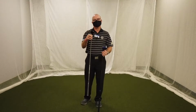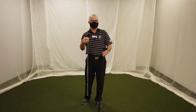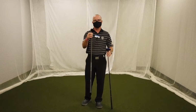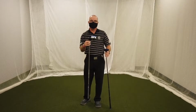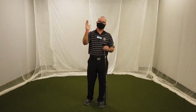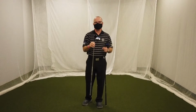It's also much more versatile in the sense that not only can you use it like you would your 3-iron off the tee or off the fairway when you have a good lie, but this is a club, because of the design characteristics, that would actually enable you to hit it even well out of a semi-decent lie in the rough, out of a fairway bunker. It gets the ball up in the air much quicker than an iron would do. And it actually lands much softer because it's coming in at a steeper descent angle. So it's a really versatile club, much easier to hit than those long irons that a lot of folks struggle